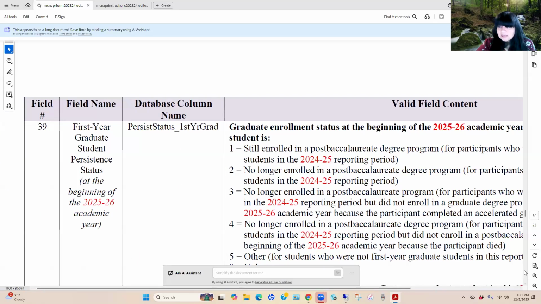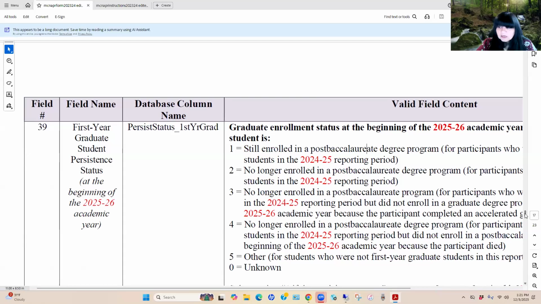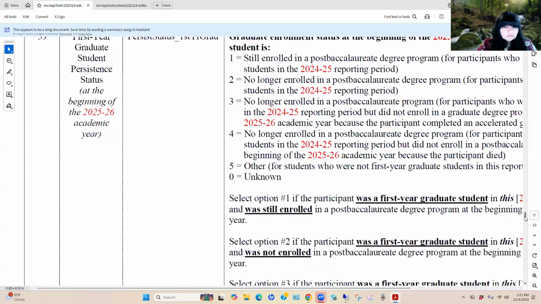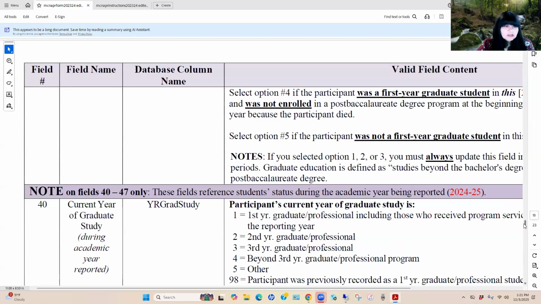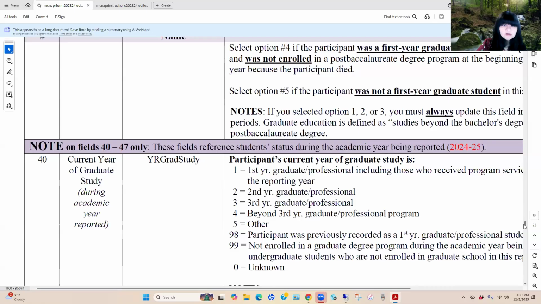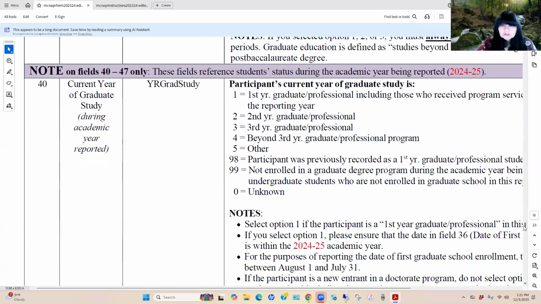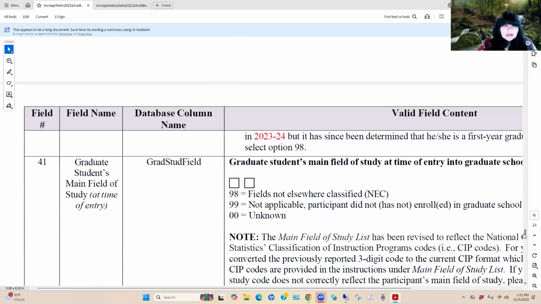Let's go ahead and take a look at the next field. And again, we're rapidly running out of time here, so we have just a few more fields of data. In field number 40, if the student was a first year student, then you'll want to report on the student's year of graduate study. Again, use your institution's criteria to determine what grade level they are with respect to the number of credits they've completed, and GPAs, if those are required in terms of evaluating their year of study.